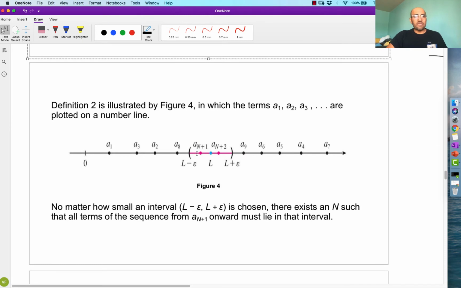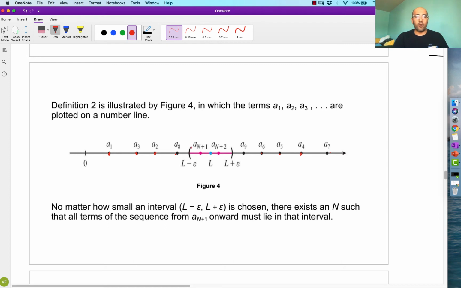I'm not a huge fan of this style of notation. We saw this before where we're graphing the values in our sequence on a single horizontal line. Notice that here is one where they don't quite go in order, so you have to pay attention. This is the first one on the list, and then it skips and goes to the second one, then the third one, and then the fourth one is way over here, and then the fifth one, then the sixth one, then the seventh one, then the eighth one's way over here, then the ninth one. All right, so it's kind of dancing around, but it looks like eventually it begins to isolate close to L.